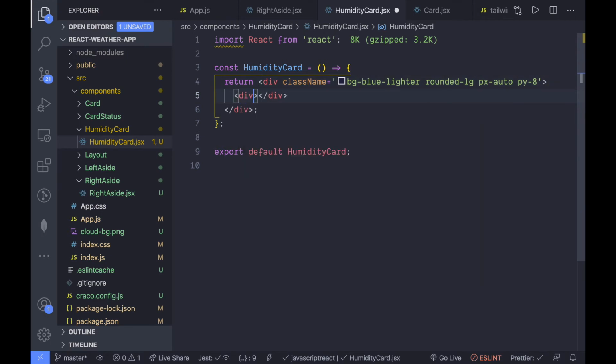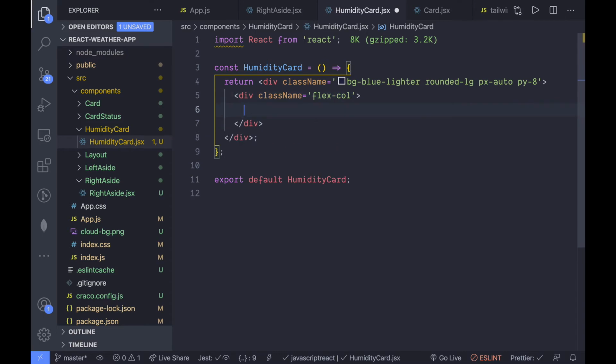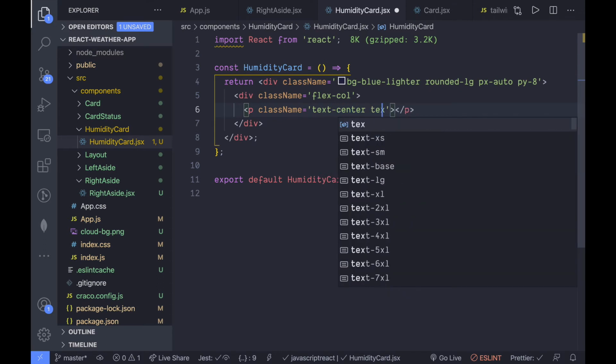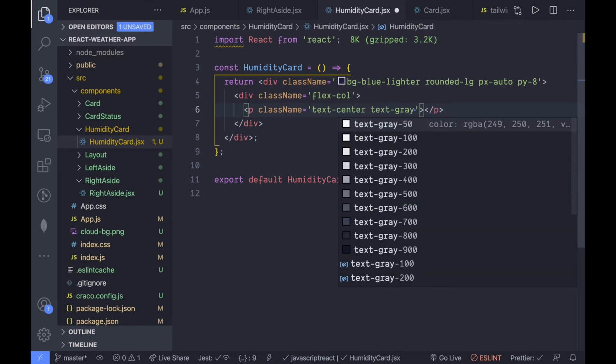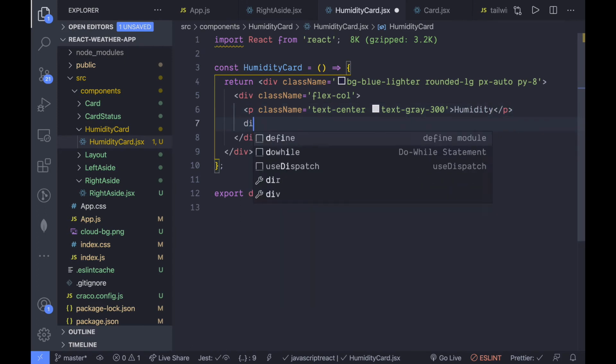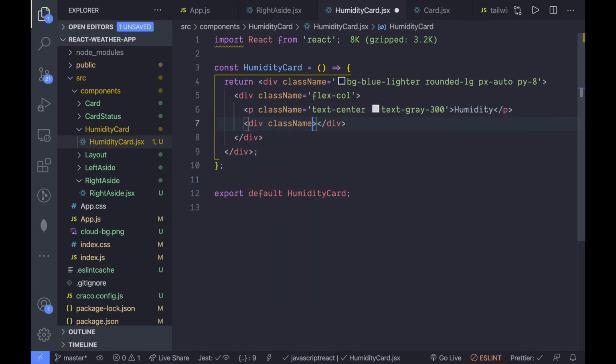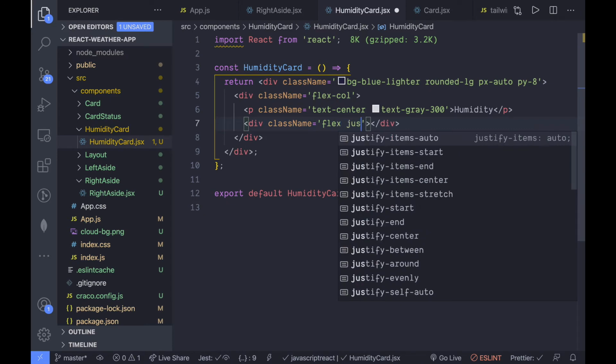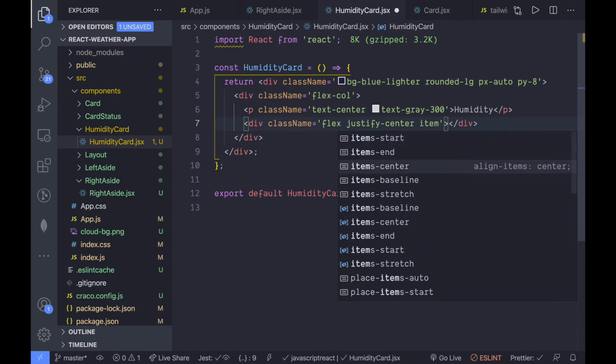And inside create a new div, give it a class name of flex col, create a new p tag inside this division and give it a class name of text center, and set the text to gray 300, and let's just say humidity. So inside this p, create a new div and give it a class name of flex, justify them to center and items to center.